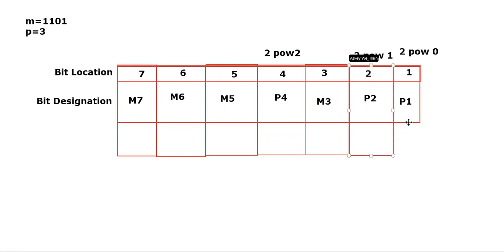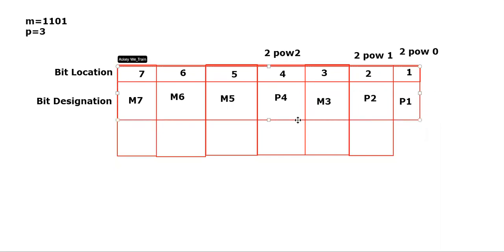So this is your P2, and finally we have the location for your P1. Now we know that from LSB we have 1101. So this is the location of your 1. From LSB I'm just taking this 1, and this is the location of your 0. This is the bit position of your 1 and this is the bit position of your 1. See, 1101, so that is what the message M represents.